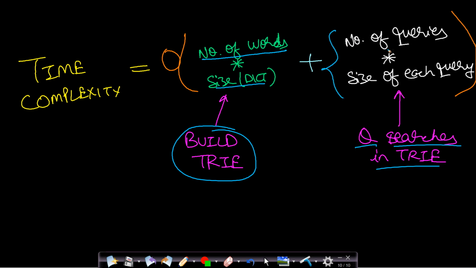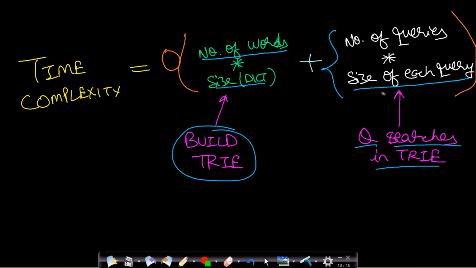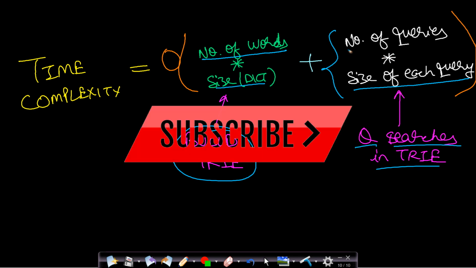So the time complexity for each search query will be the size of your query, that is the size of your queried word, because you will basically be starting from this root and you will be making decisions for each and every character in a word. So the time taken for each word will be equal to the length of the word, and that will be multiplied by the number of queries. So you can see that this is by far the best method.